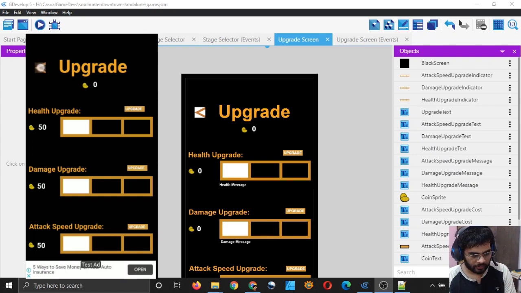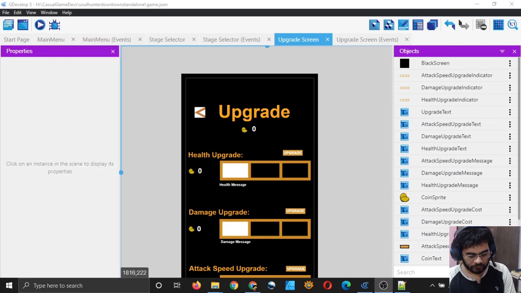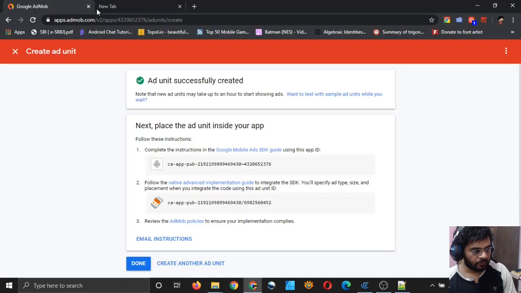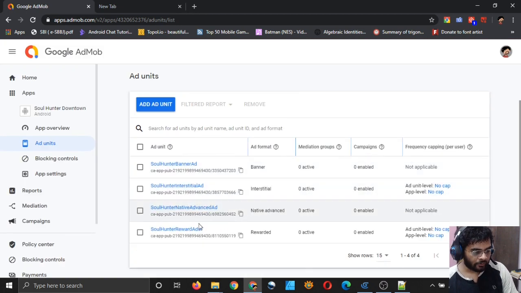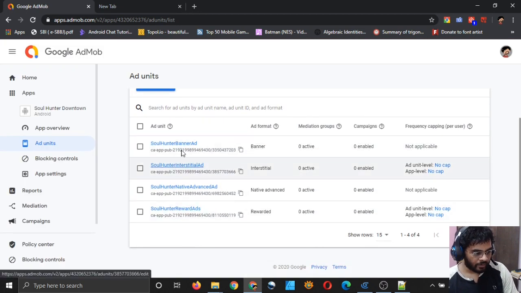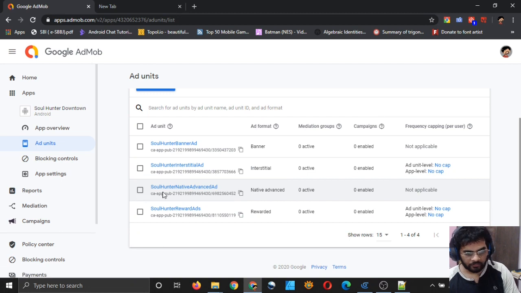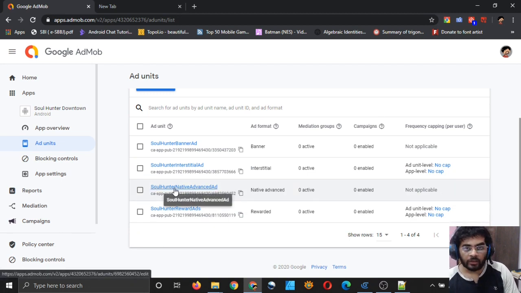So it is safe to say that the native ad in Google AdMob is only meant for Android Studio. So let's leave it alone. We don't need to do that. So native advanced, we will not do that in GDevelop.